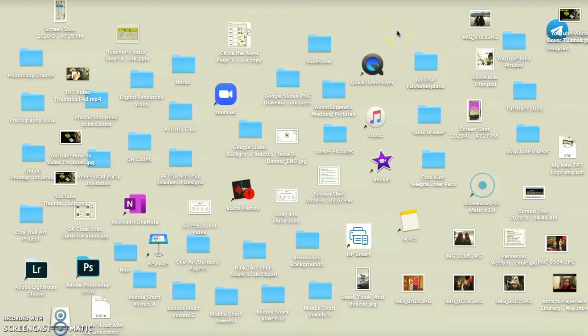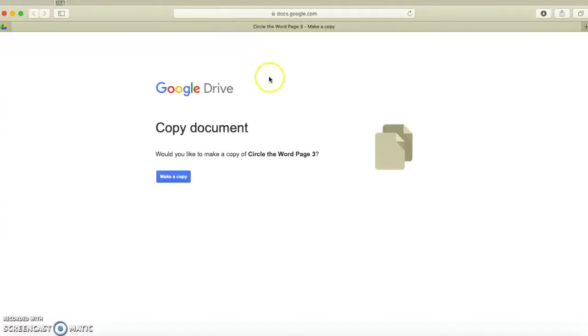Okay, let me show you what we'll be trying to create here, and then I'll take you through the steps of how to create it. Right here on my desktop is an icon that leads to the link of the worksheet that I want students to complete. It says circle the word page 3 worksheet. As a student, I'm going to click on it, and it's going to lead me to this. I'm going to make a copy,